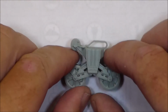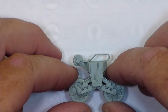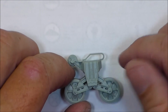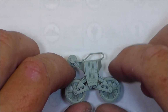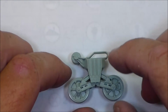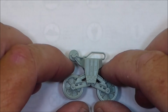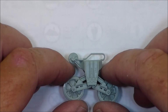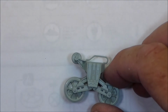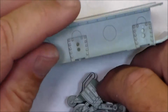Okay, here's the first bogie assembly completed. And it's evident after putting this together that the components, the sprues, come from different kits, and I'll show you why in just a second. But as you can see, they go together fine and it looks good. The only thing I will be doing, in addition to what I've done as far as assembling it, is whenever I actually attach it to the hull,